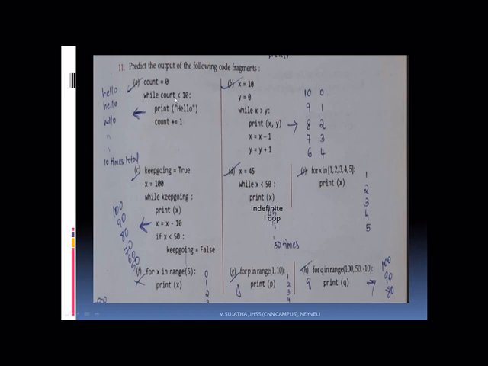Okay. Now 0 less than 10. Yes, the condition is true. It will print hello. Then the count will be incremented by 1. Already it is 0, now it will become 1. What is the meaning of count plus equal to 1? Count equal to count plus 1. In short, we are having the augmented assignment operator. Okay. So now count value is 1.